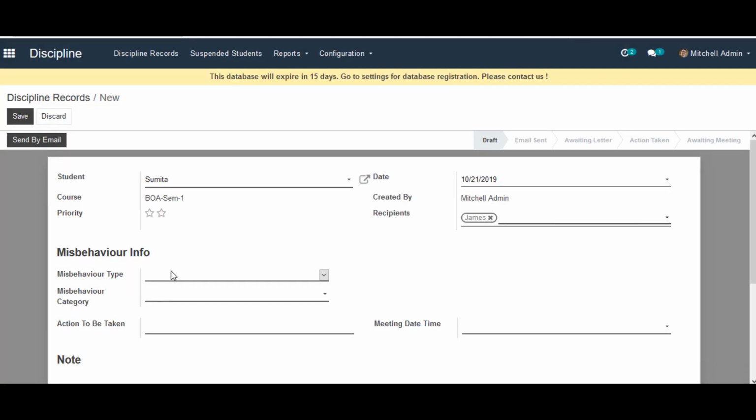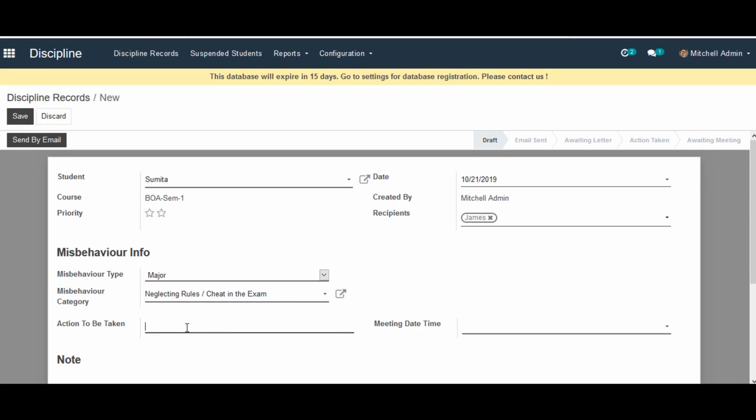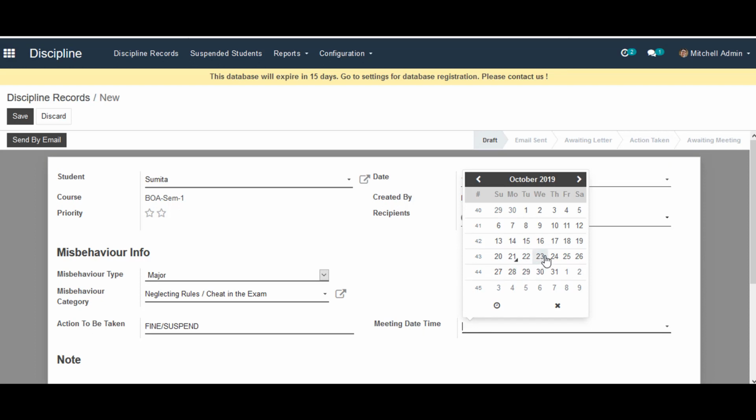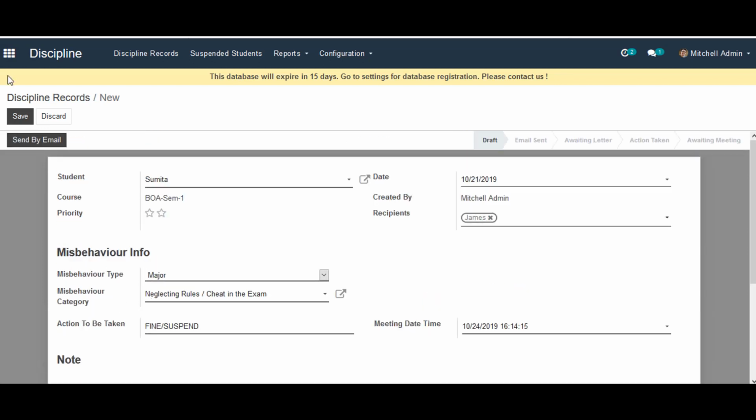And you can go to misbehavior information. So misbehavior type, either major or minor. Misbehavior category, which has been created earlier. Action to be taken, either fine or suspend. And you can go ahead and select the meeting date and time for the student. If there are any notes to leave, you can also leave notes in the system, and you can go ahead and save